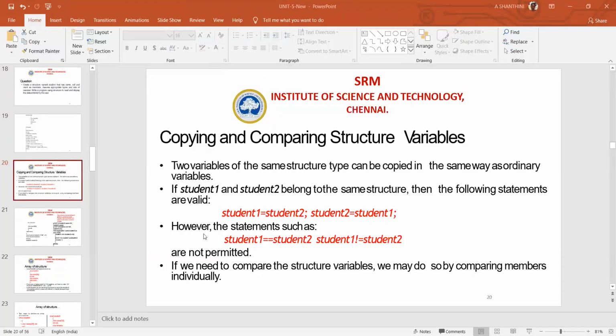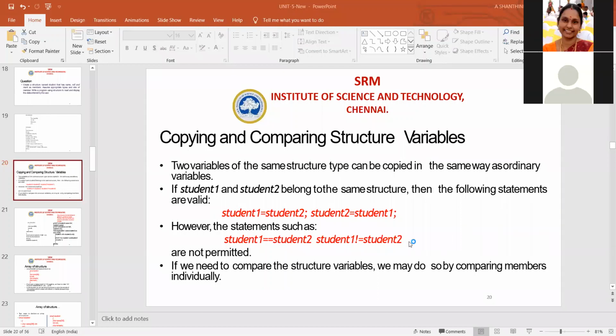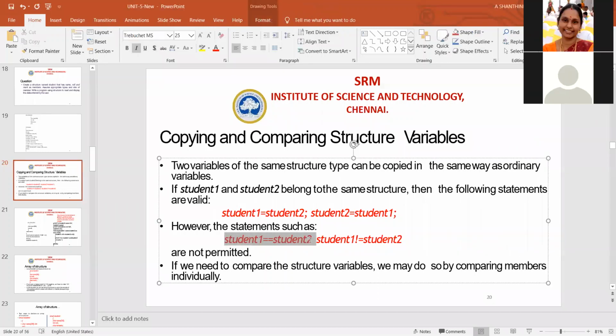However, we cannot directly check whether two structure variables are equal or not equal. We can check whether the structure variables student 1 and student 2 are equal only through the elements or members of the structure.